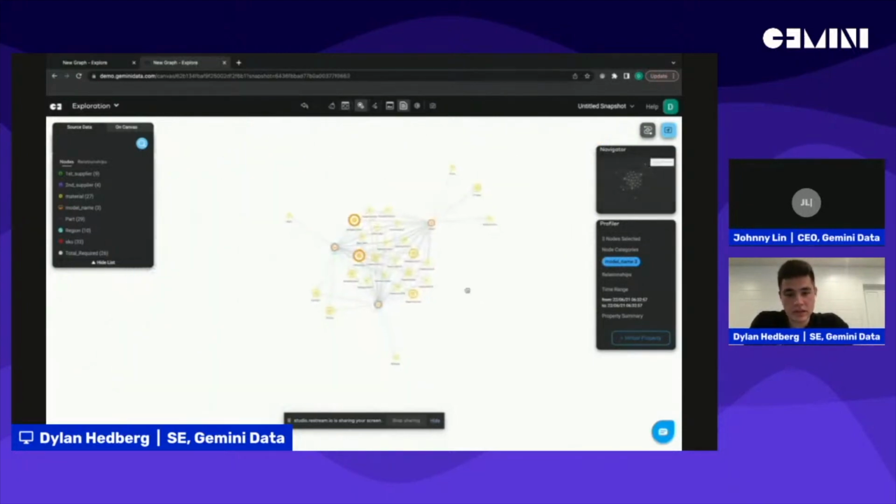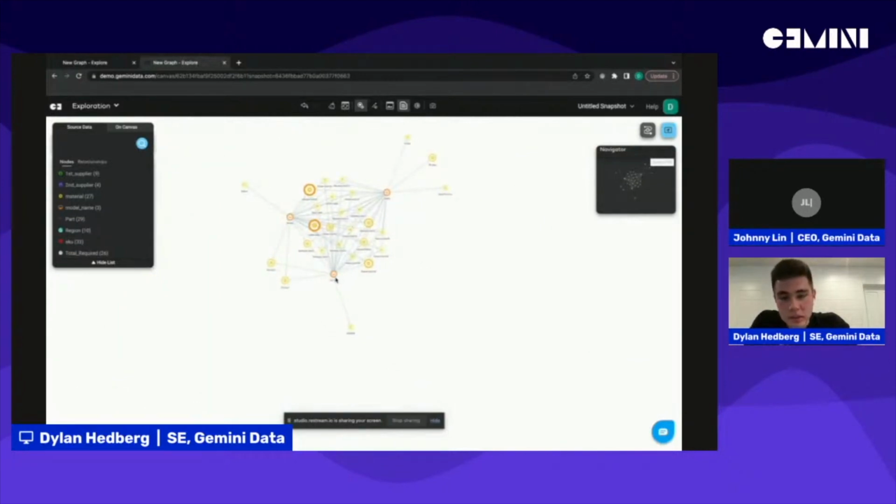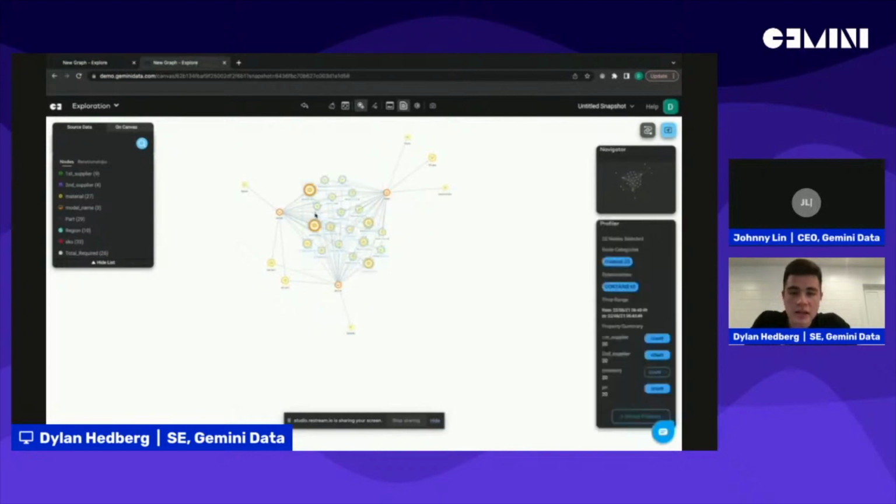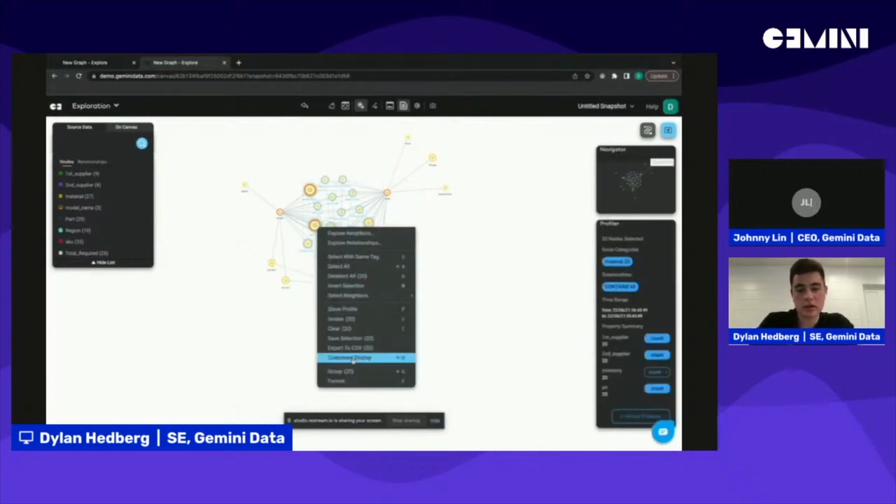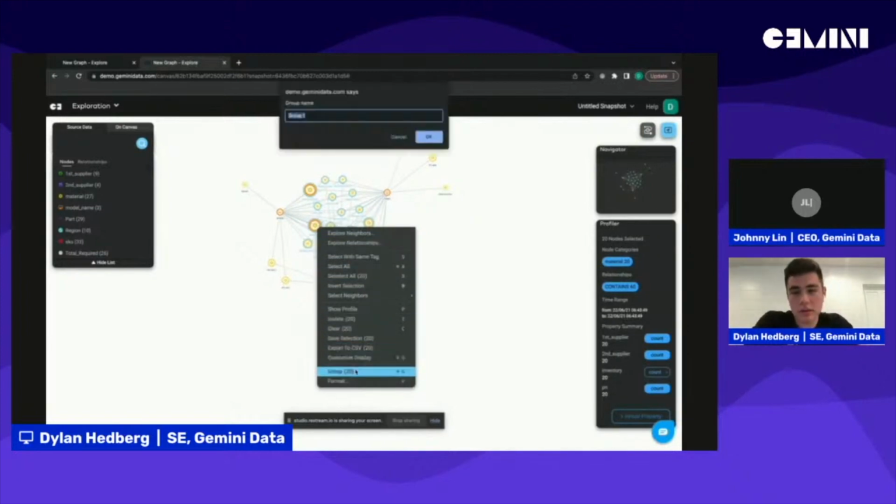Where Graph helps out is they can see the commonalities between these 3 projector models based on what's being linked between all of them in the center. So with that, what we've just done is we have added the shared parts that are common for all 3 model builds. So I can group those, just to clean up the graph a little bit.